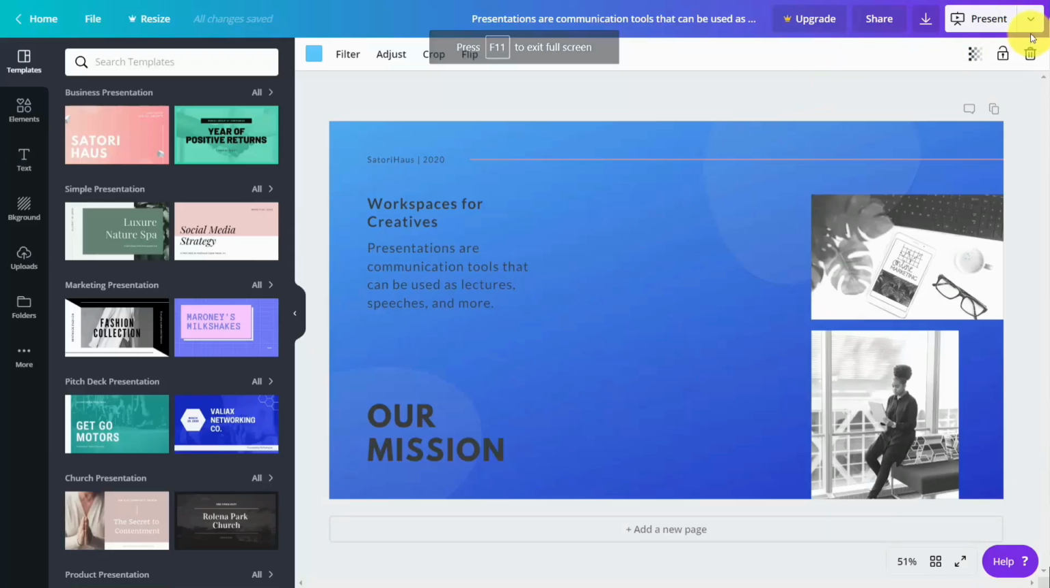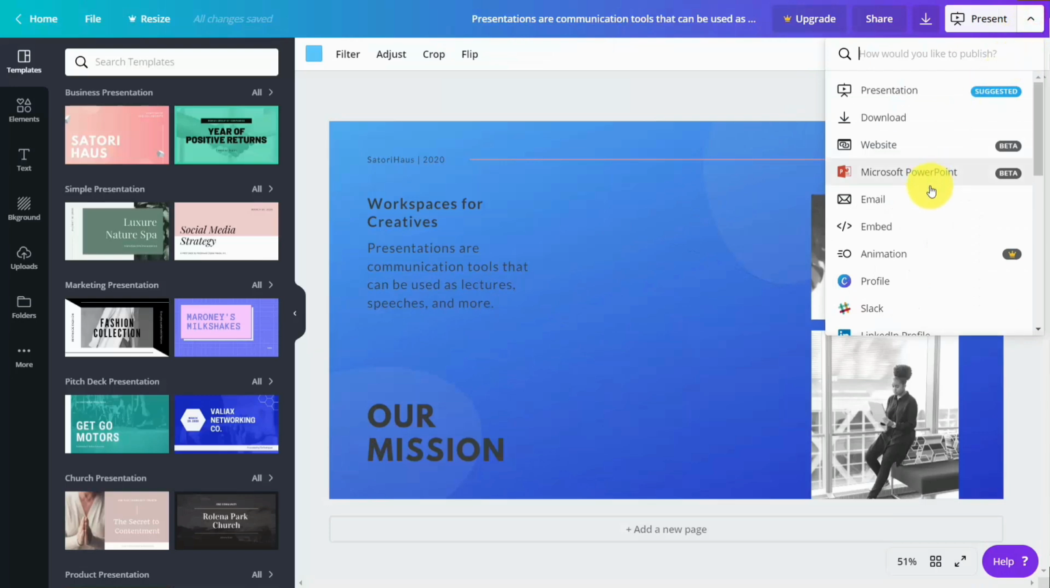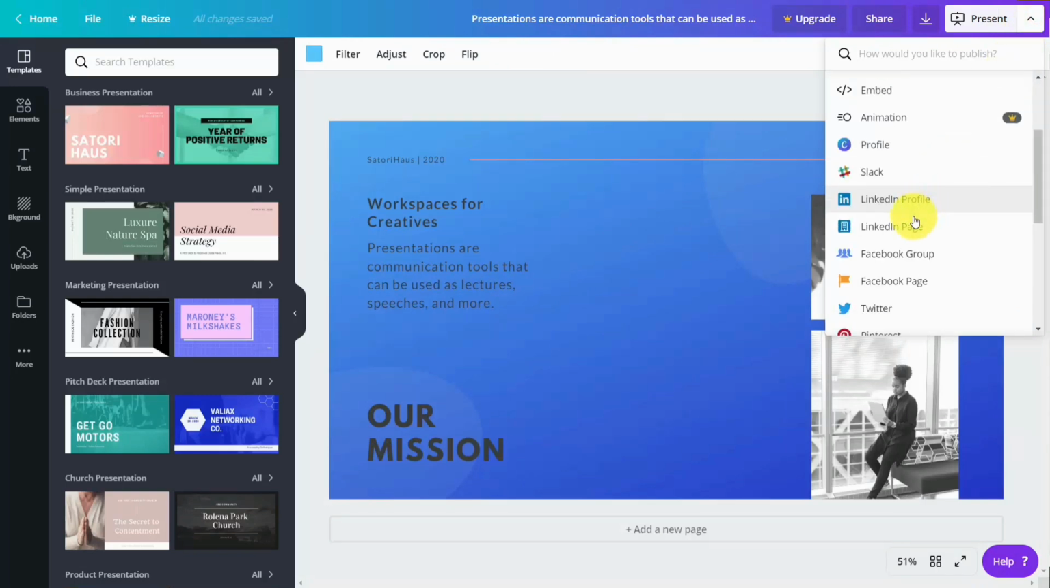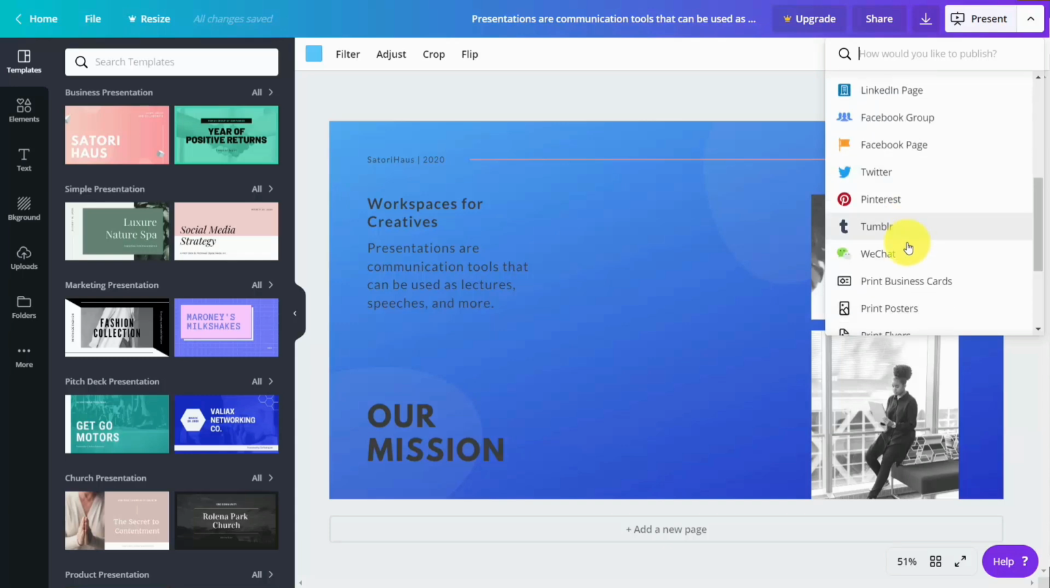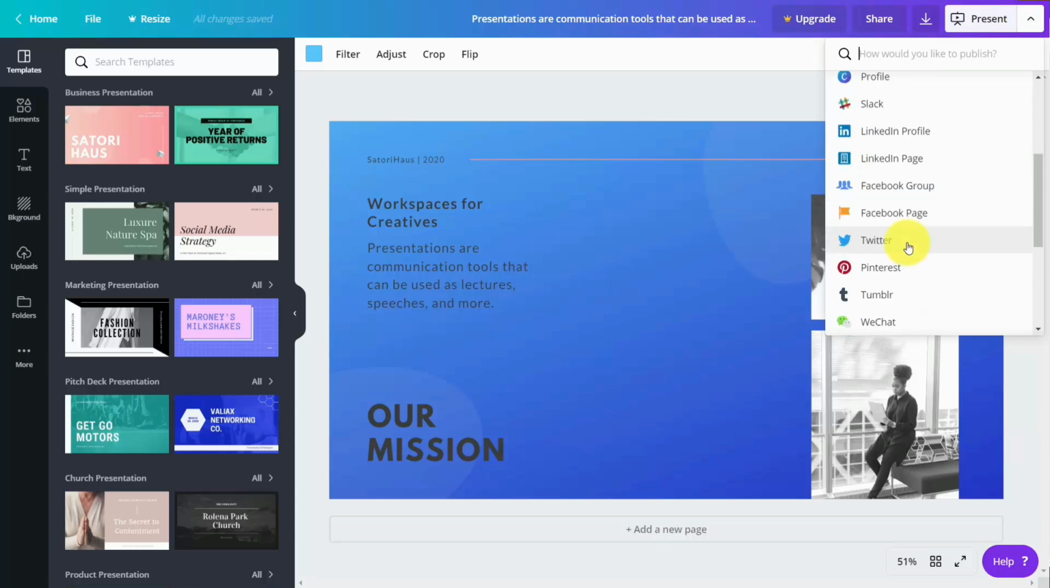And you'll see all of the areas where we can output our content. We can do it in Slack, we can do it on our LinkedIn page, we can go on to Twitter, Tumblr, and other places. In this case, what we're going to do is we're going to finish by going to